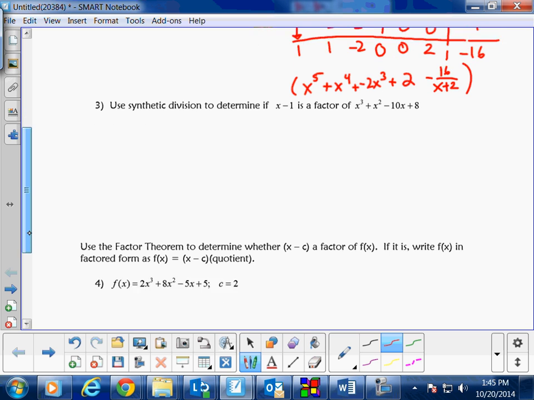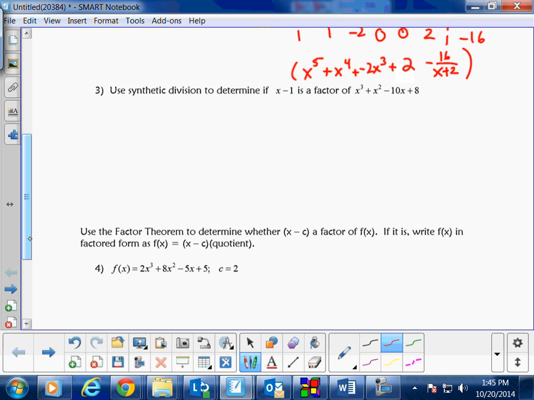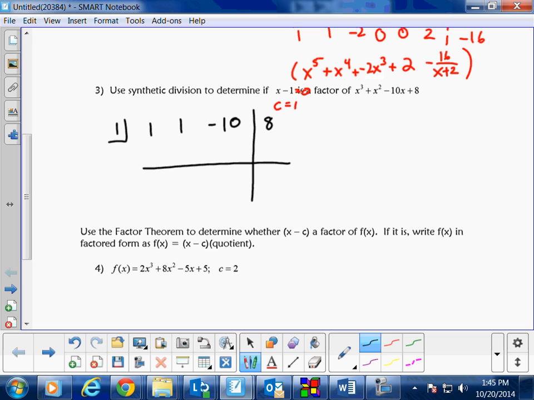The next problem says, use synthetic division to determine if x minus 1 is a factor of this polynomial. Again, I could rewrite this polynomial, but in this case, that polynomial is fine. Which means the only thing I do is locate c. c is 1. So let's go ahead and write down c right over here and write down the coefficients of our polynomial